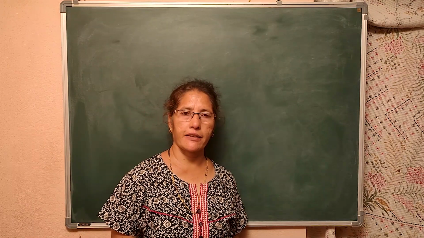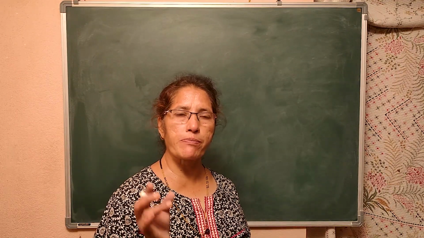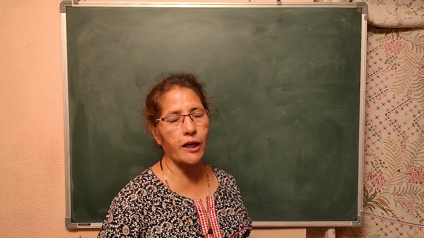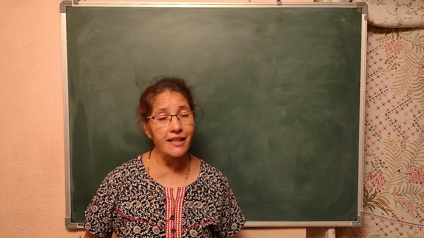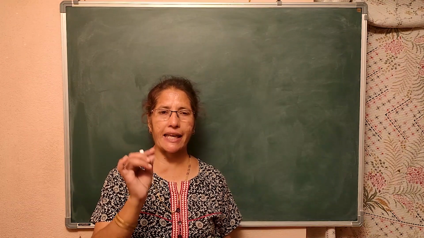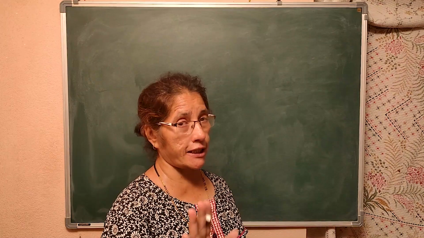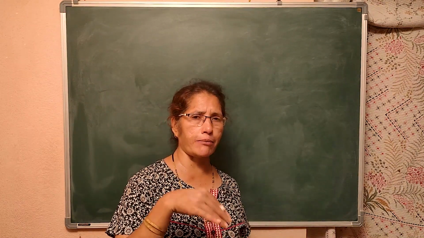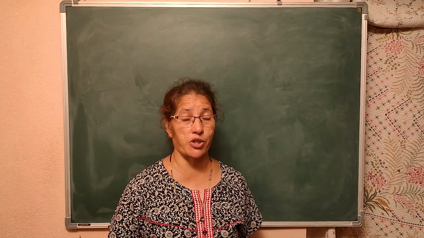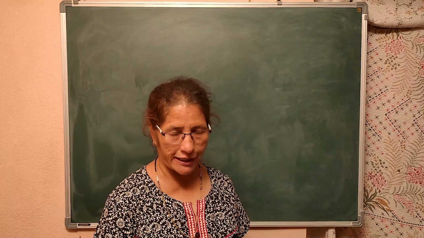Hello everyone. Today let me work out some of the problems based on Thales theorem or basic proportionality theorem. What does the theorem say? If a straight line is drawn parallel to a side of a triangle, it divides the other two sides proportionally. And I said about the converse of the theorem and the corollary of the basic proportionality theorem. Corollary means some of the results based on the theorem.